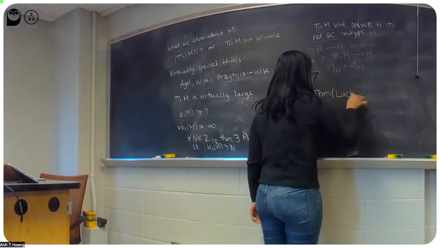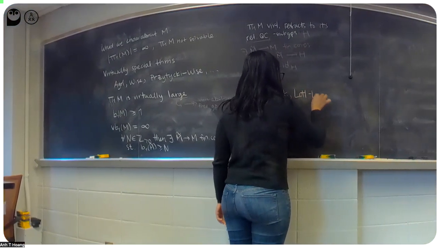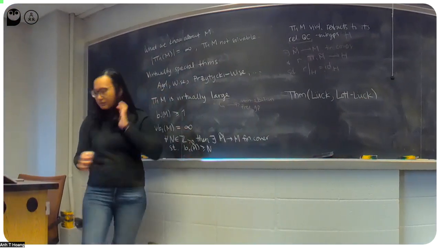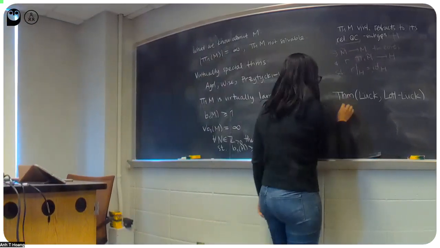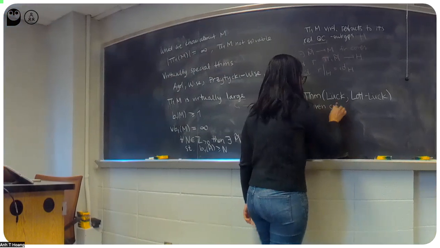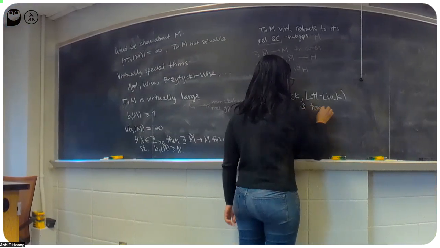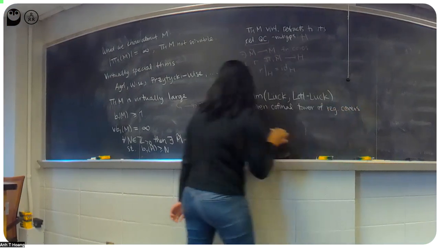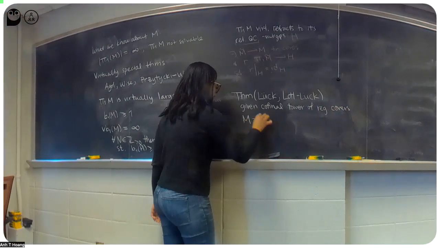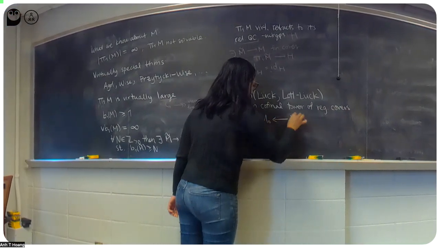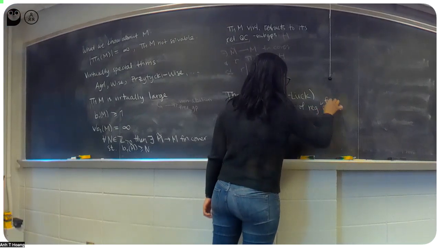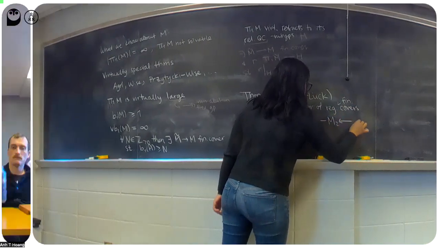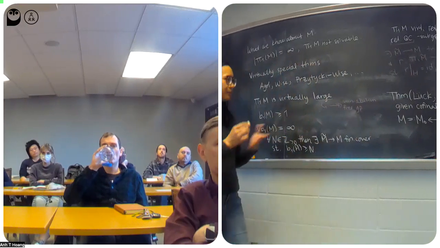The theorem of Lück, also combining work of Lott and Lück. And what this says is, again, for these types of three-manifolds, if you are given a cofinal tower of regular covers, okay, so it looks like this, and we call them M0, regular finite covers, and M1, and M2, and so forth. So I have this tower of regular finite covers.